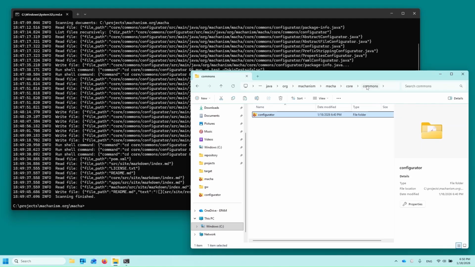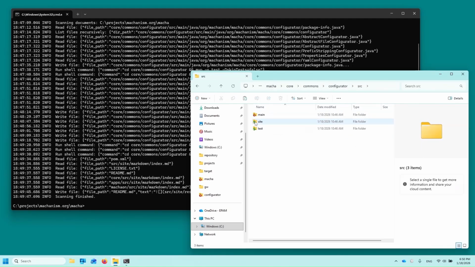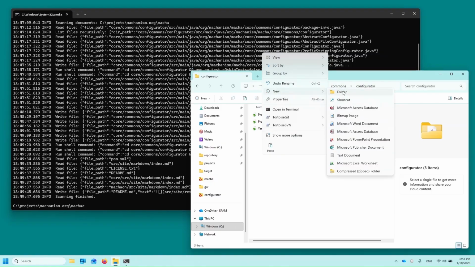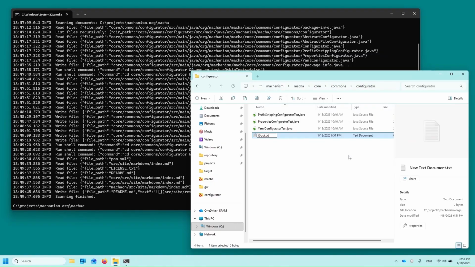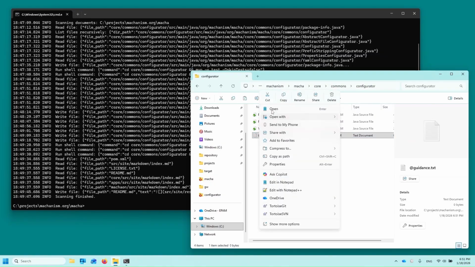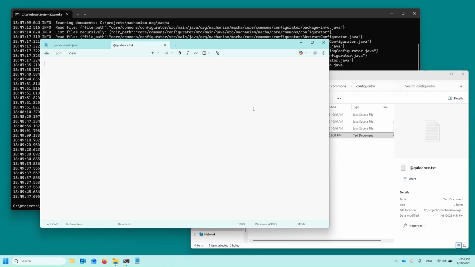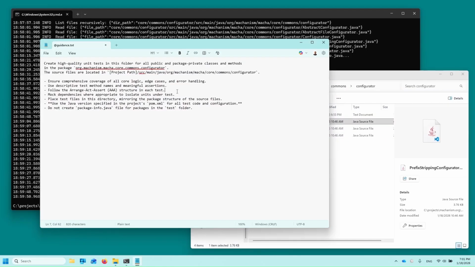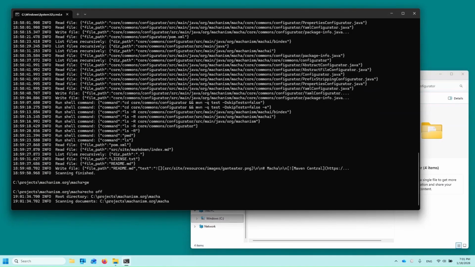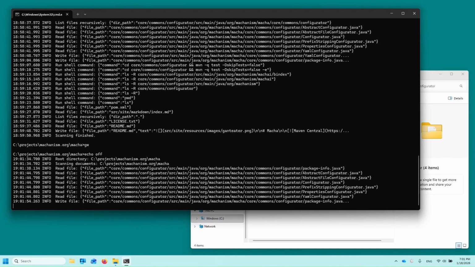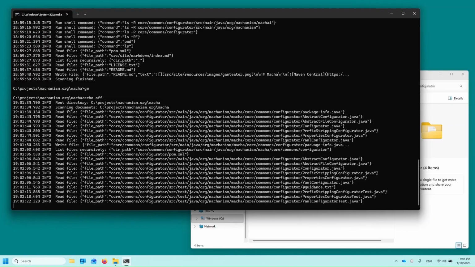Now, let's take automation a step further by generating unit tests for our code. We'll do this by adding a @guidance.txt file to the test folder of our module. This guidance instructs Ghostwriter to generate unit tests for all relevant classes and methods, following best practices for coverage, naming, and structure. With our new guidance for unit test generation in place, let's rerun the Ghostwriter CLI and wait for